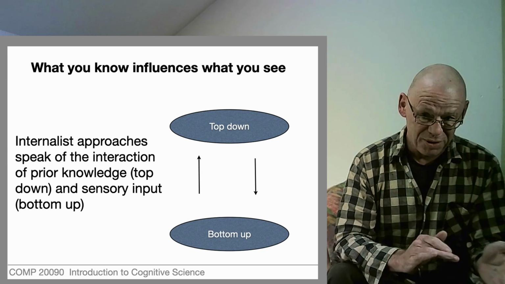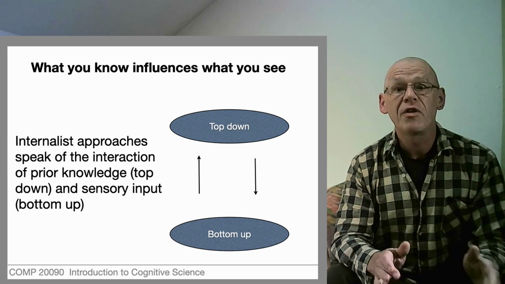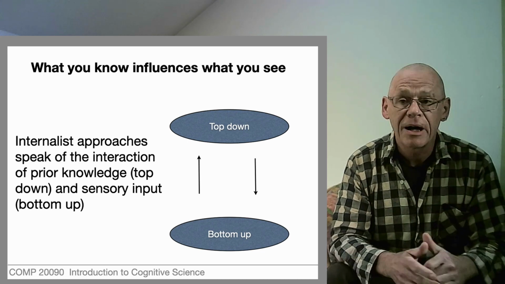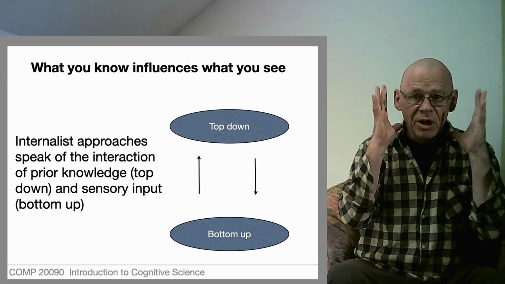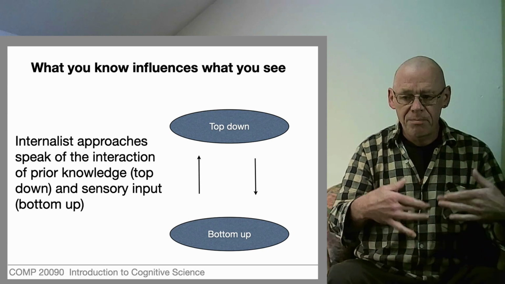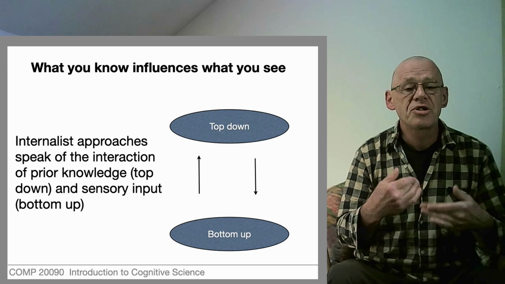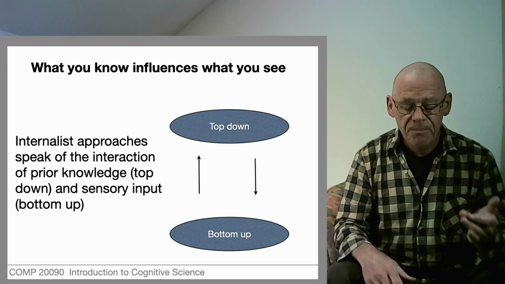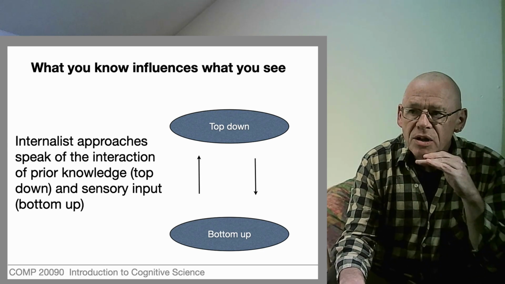Now, there's a lot of puzzles about that language. It's not entirely coherent, but it provides a robust way of talking as we try to make sense of, for example, patterns of activation in the brain. So this interaction of top-down knowledge, presumed stored, with bottom-up new sensory input, then resolves to an encounter with the world which is shaped not only by the patterns of light, but by prior knowledge. How would this look? How would we say prior knowledge works in a relational